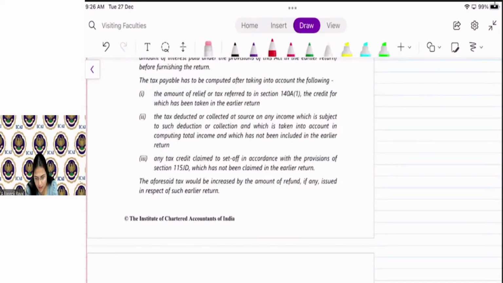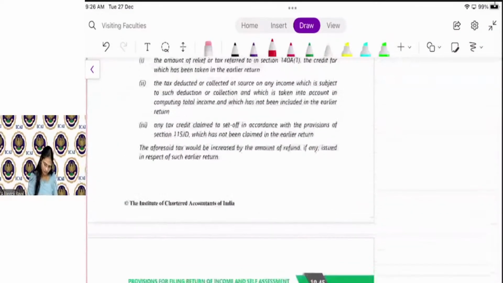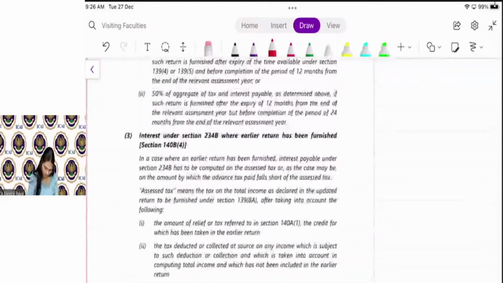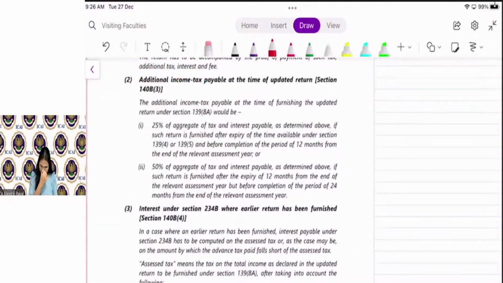2 years from the end of assessment year. So for financial year 22-23, the end of assessment year is 24. So you can file the updated return up to 31st March 26. Additional income tax payable at the time of updated return, as I have told you earlier, say for example,